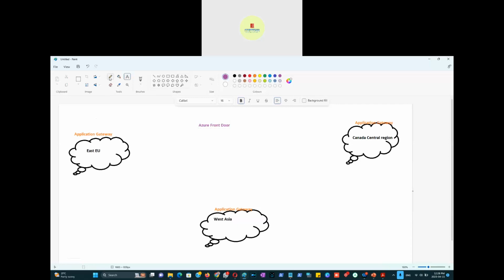Suppose you have deployed your apps in all these regions because you have a lot of customers here. With Azure Front Door, you can do that on a global scale. So all end users are connecting, for example users coming from Europe. They have the Azure Front Door link, so they will first connect to Azure Front Door. Through that, it will detect that users are coming from Europe, so it will connect them to